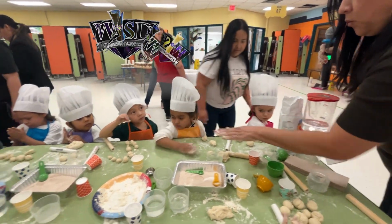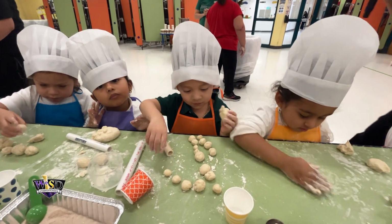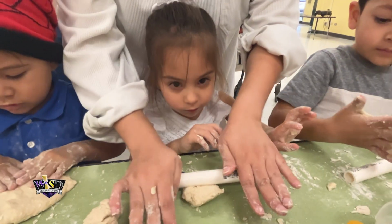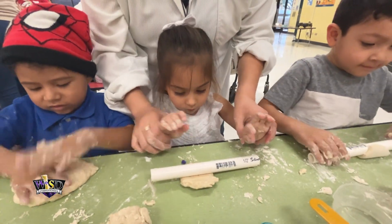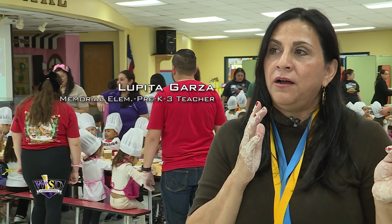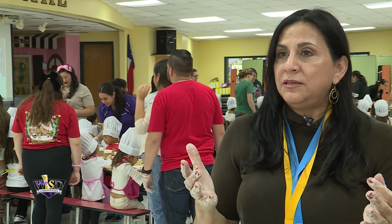A traditional staple in our region. And it's now being introduced to these Pre-K-3 students. Mexican Buñuelos. Can you do that? It goes back to our culture. It goes back to our grandparents doing it. Being that we're so close to Mexico, our grandparents used to do that, and that's something that we want to